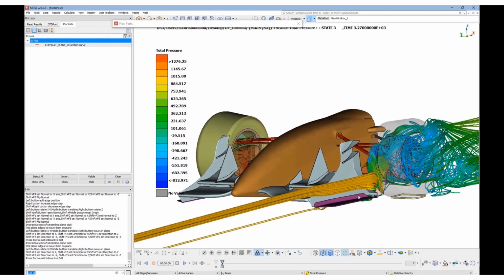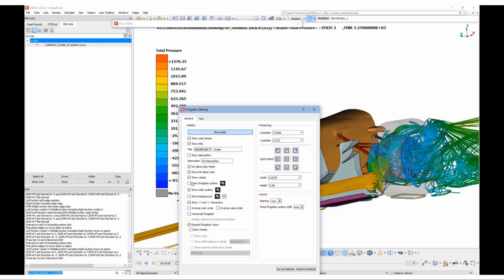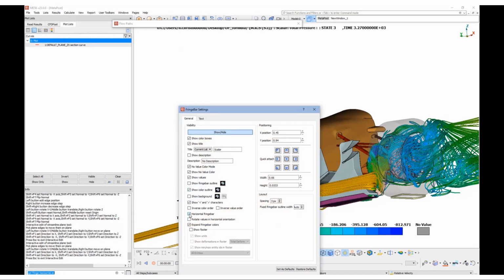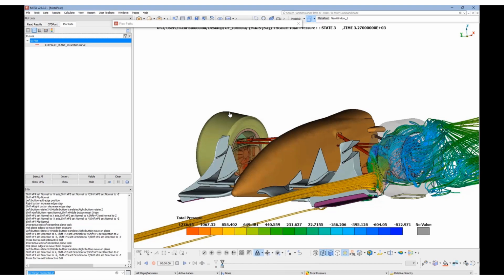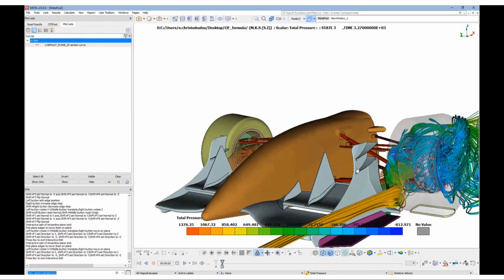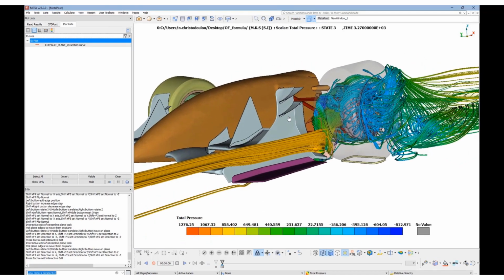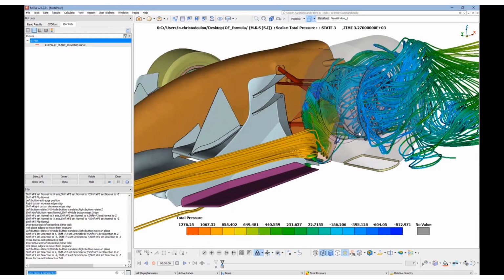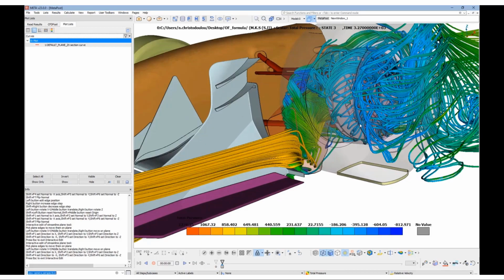And let's make a small difference by changing the fringe bar into a horizontal one this time. We can change to perspective view mode, and this is another cool image that we could include in our report.